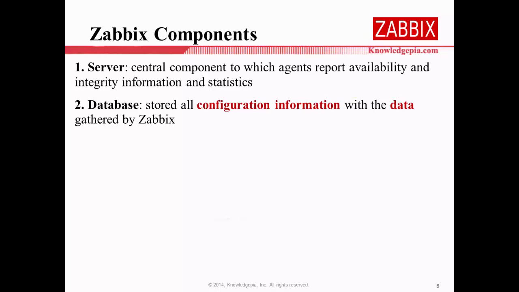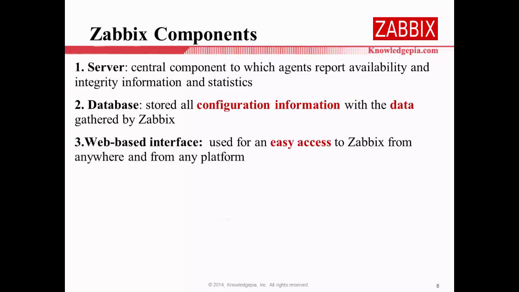data from the Javix agent. When the Javix server is successful in gathering this information from the Javix agent, the Javix server needs to store this data to a database. And after that, if you want to access the Javix server, you have to use a web-based interface. So in this case, you have to check whether your web server is running well or not.